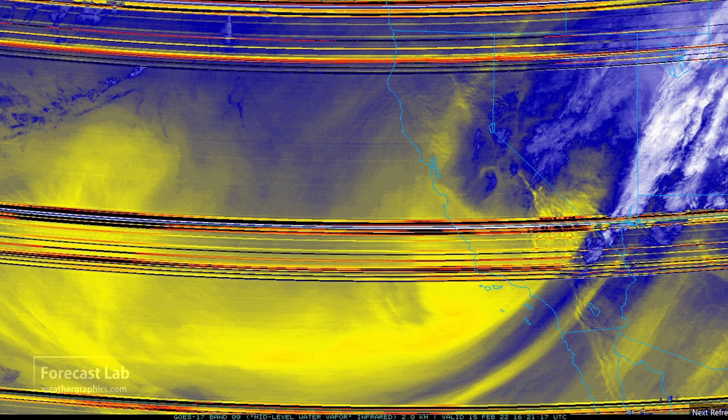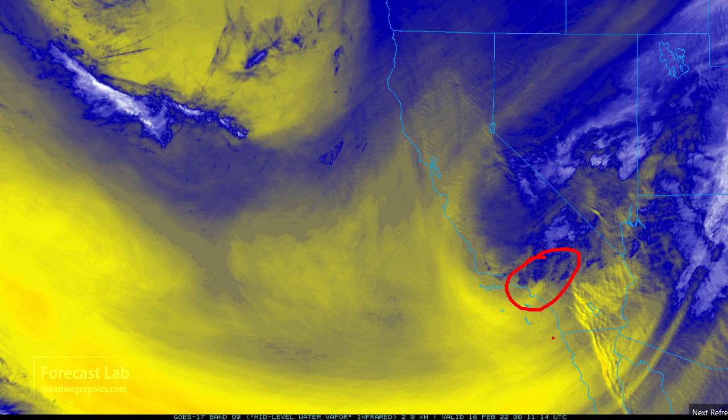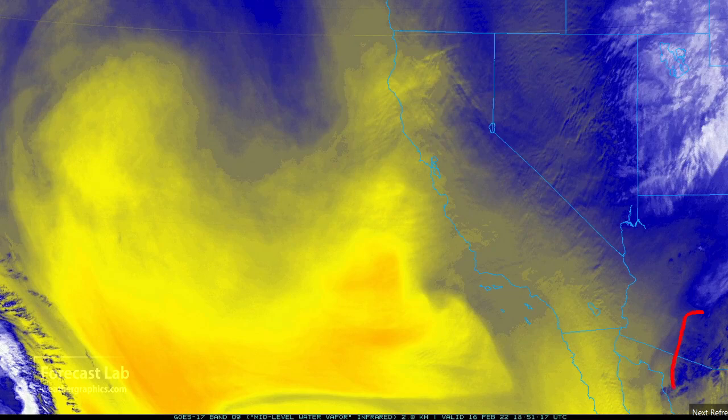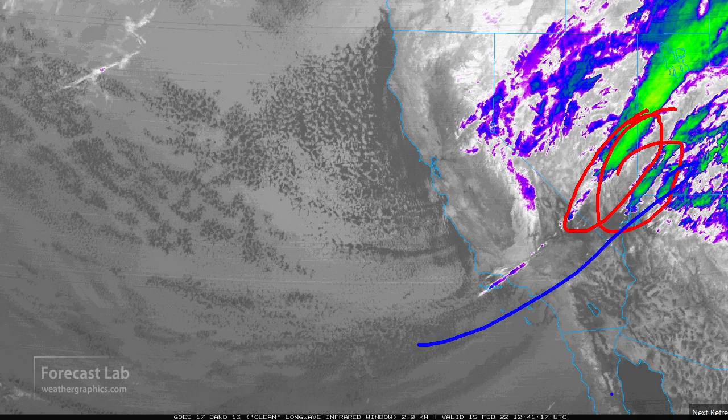So if we bring that up several hours, that gets us to the storms in California. There they are right there. And we can see that vortex move out into Arizona this morning. There's a look at it on the infrared imagery, the striated appearance of this cirrus indicating strong winds aloft. Then as we go into the afternoon hours,